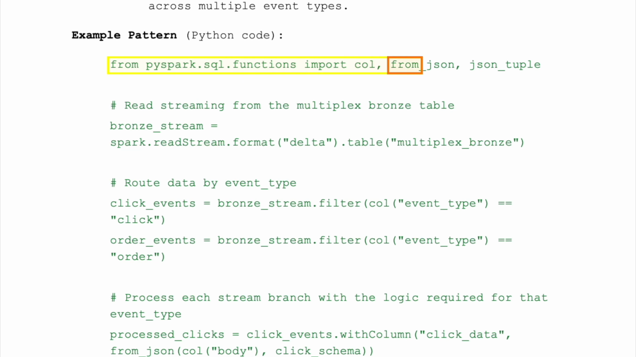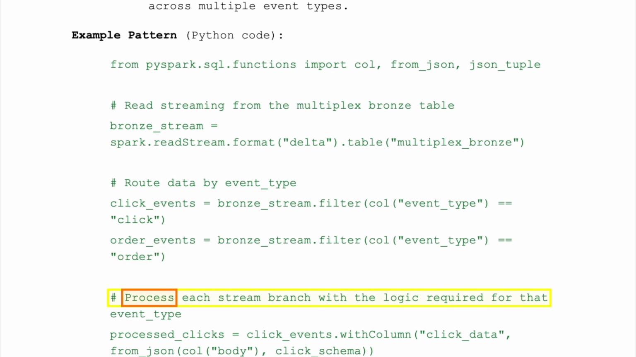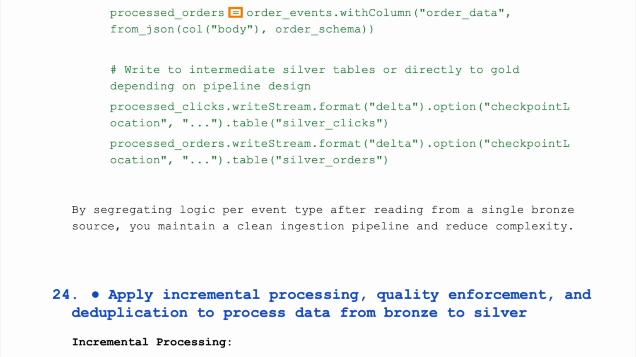from pyspark.sql.functions import col, from_json # read streaming from the multiplex bronze table bronze_stream = spark.readStream.format("delta").table("multiplex_bronze") # route data by event_type click_events = bronze_stream.filter(col("event_type") == "click") order_events = bronze_stream.filter(col("event_type") == "order") # process each stream branch with the logic required for that event_type process_clicks = click_events.withColumn("click_data", from_json(col("body"), click_schema)) process_orders = order_events.withColumn("order_data", from_json(col("body"), order_schema))